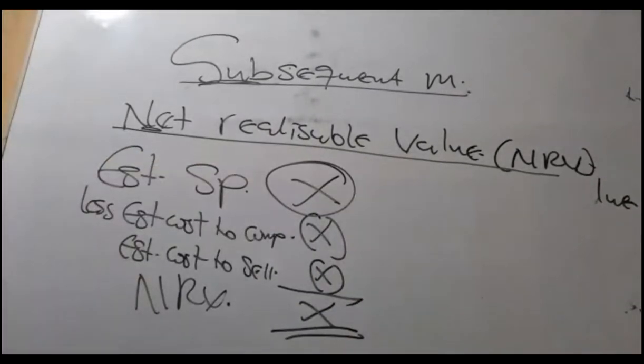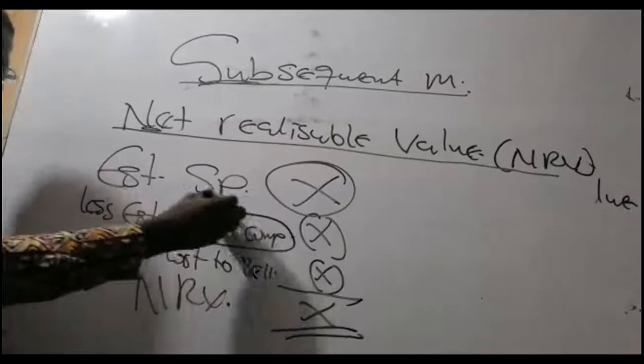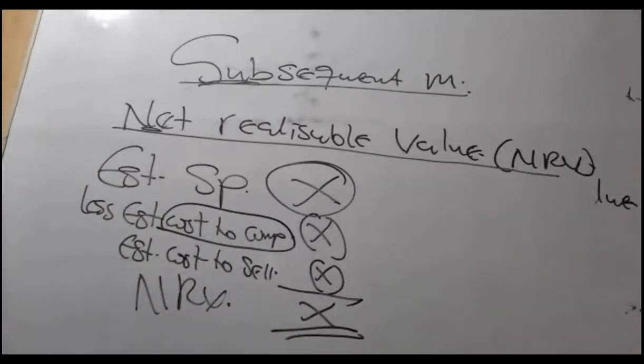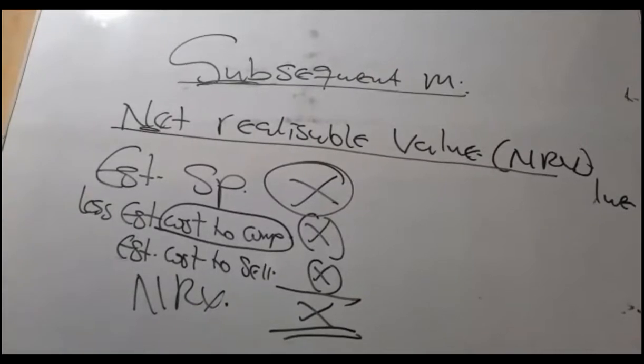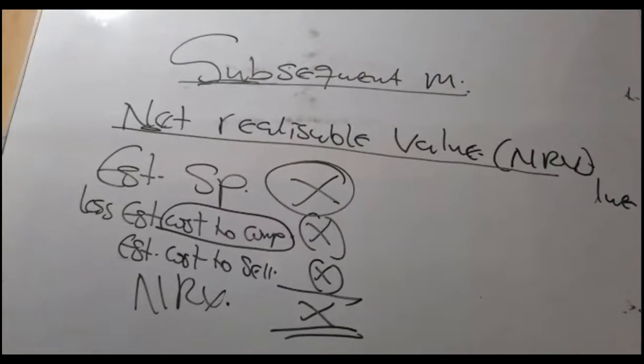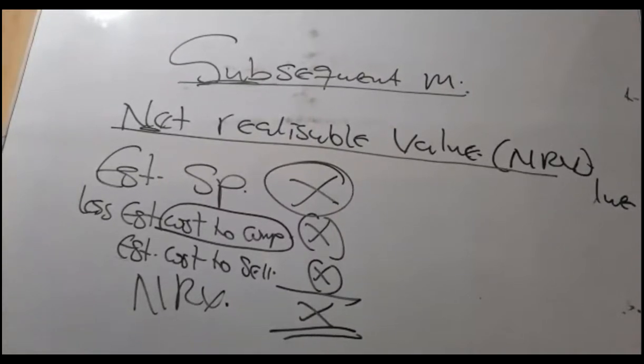Selling price, you know, how much you are going to sell the item, your normal selling price. And it will be net of discount or any sales commission, even though the discount and sales commission can appear again. Cost to complete, the confusing one, cost to what? Complete the sale. Now, cost to complete is a cost that you have to incur before you can sell the goods. Let's assume that subsequently,